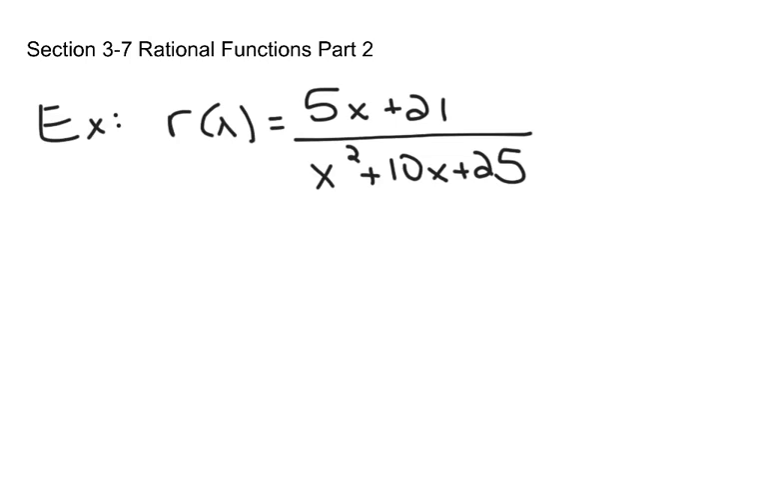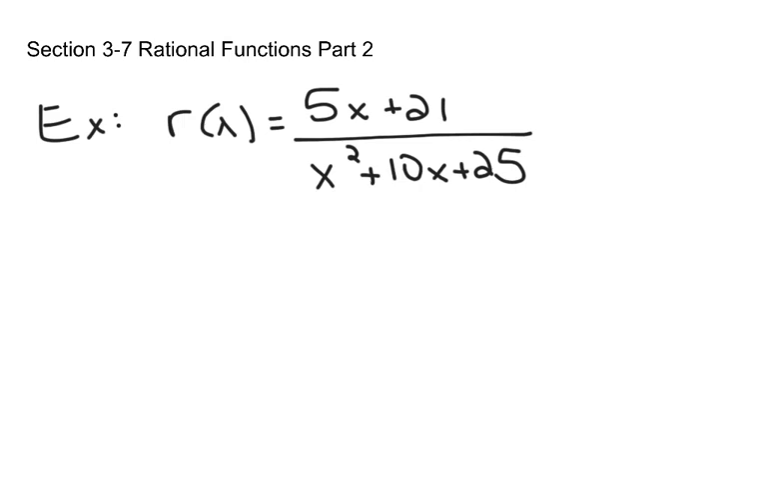So we've already talked about how you find vertical and horizontal asymptotes of rational functions, and how you find the x-intercept and the y-intercept. This information gives you a general idea of what might happen in a graph. So let's find this same information for r of x equals 5x plus 21 over x squared plus